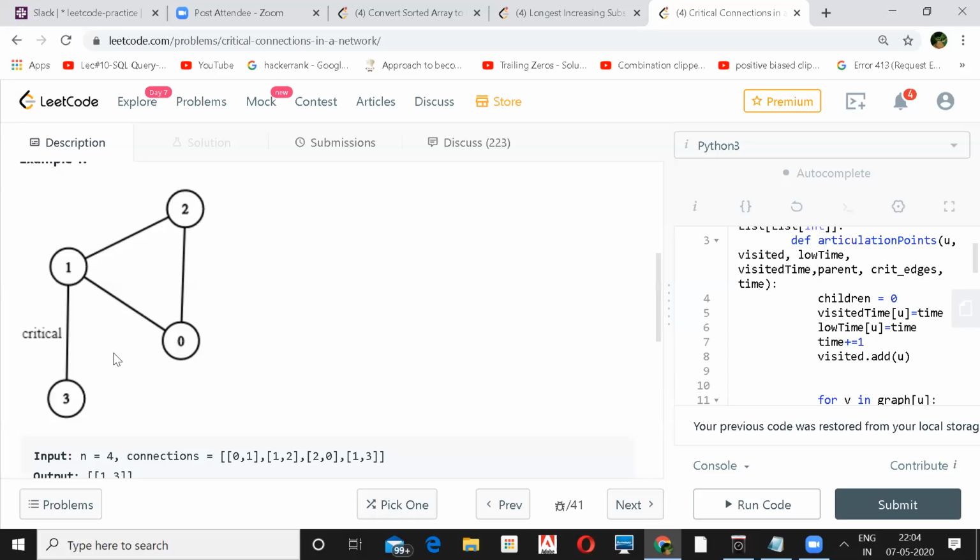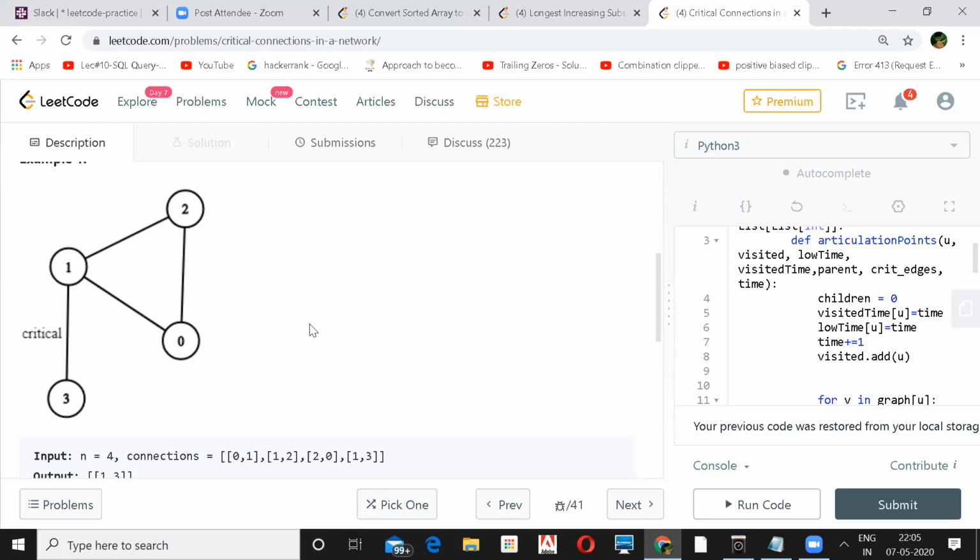But both algorithms are almost similar. Very small variation in both of them. But I think the articulation point is slightly more complex than the bridge. I think it requires some concepts of bridge for the articulation point. It's not the other way around. Bridge is simpler. In layman's terms, a bridge is like you break it, you won't be able to connect those two points, right? So that will give you two connected components.